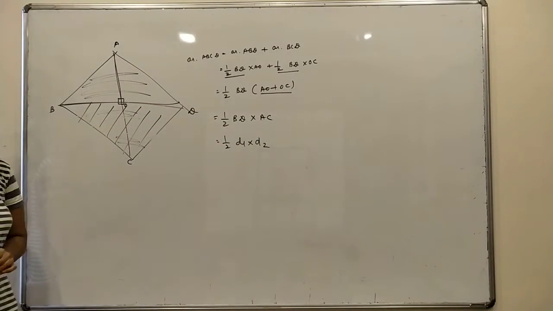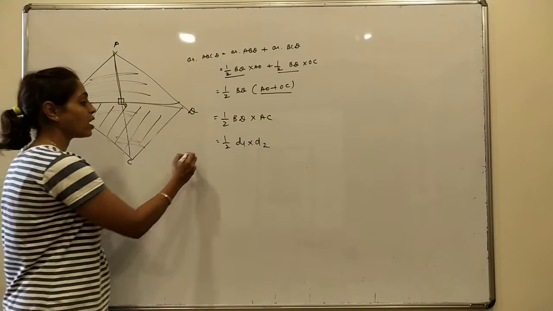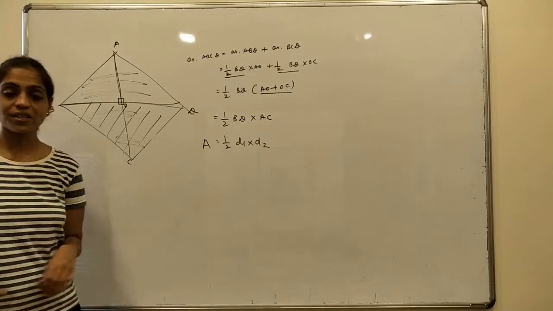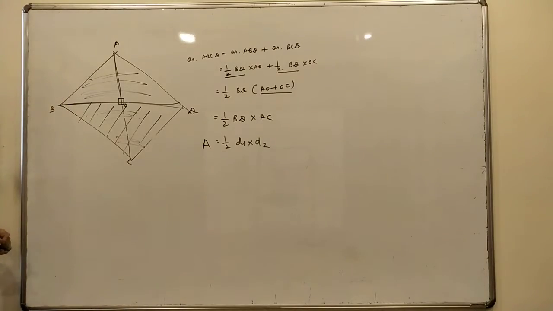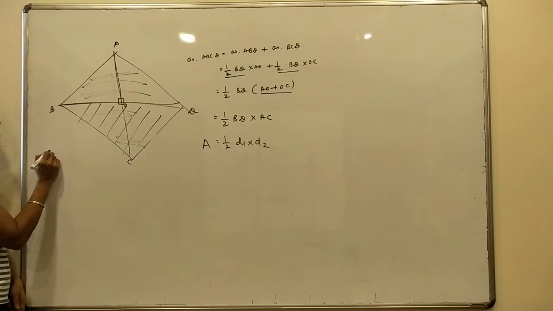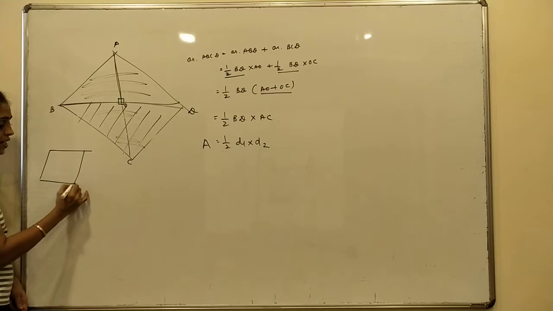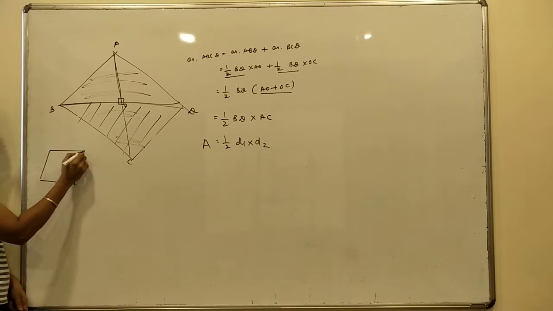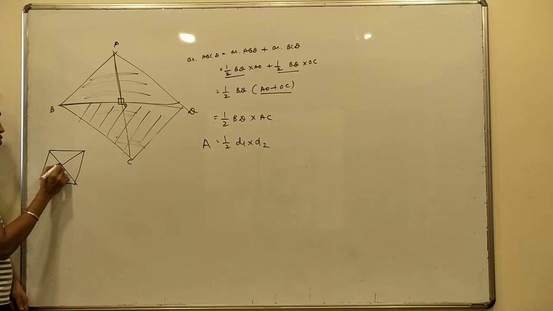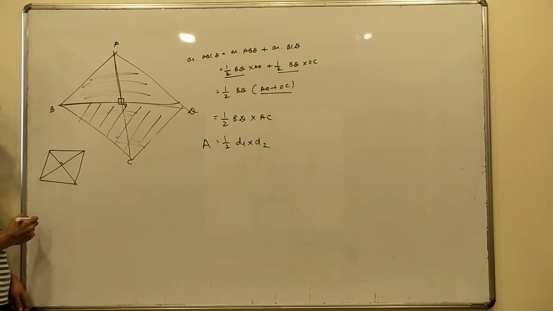Both the diagonals' product into half is the area of that quadrilateral. And do you know the special names of quadrilaterals whose diagonals bisect each other at 90 degrees? The first is the rhombus, where all four sides are same, whose diagonals bisect each other at 90 degrees. So automatically area of rhombus is